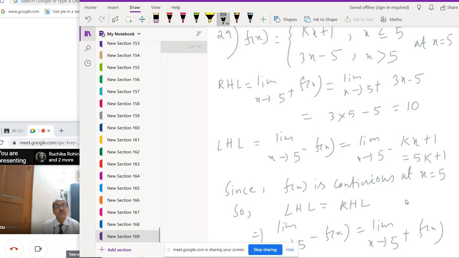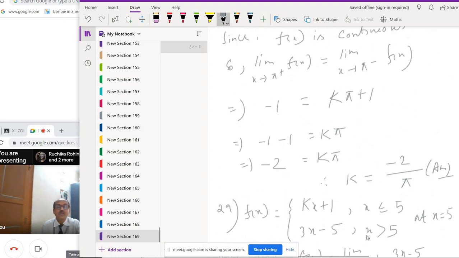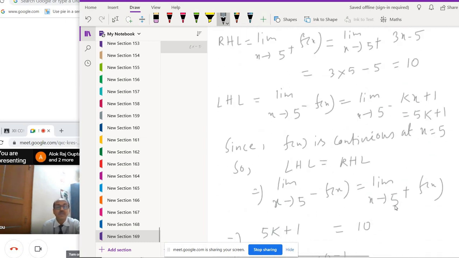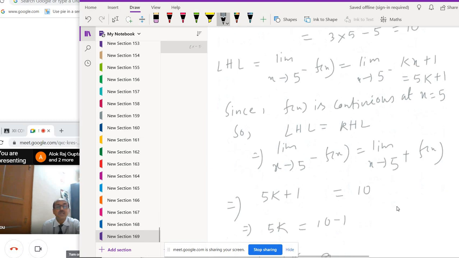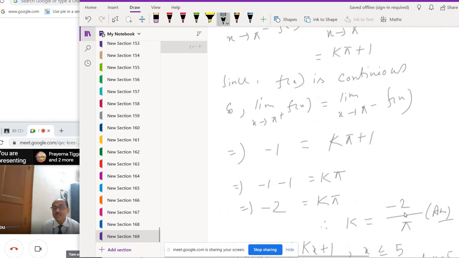Okay, so use the equal condition and we will get whatever the unknown value a or k is. This is the procedure. This type of question is important and is coming in the exam. It is a 3 marks question. Now your question pattern is 1 mark, 2 marks, 3, 5.